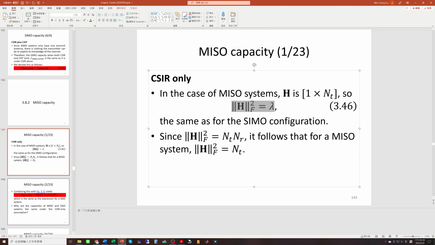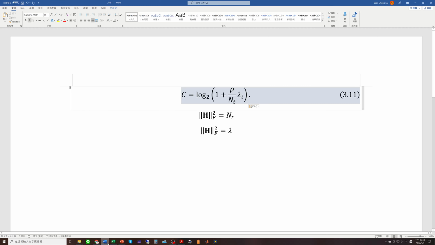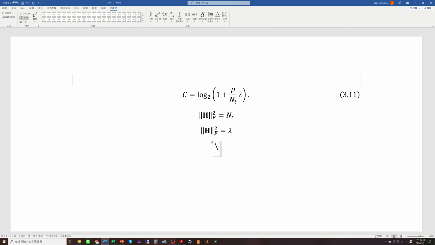Again, because there is only one eigenvalue of H times H Hermitian, you can prove it. So for lambda i, we can drop the subscript i, and the remaining term is lambda. Because NT is equal to the square of the Frobenius norm of H, and lambda is equal to the Frobenius norm of H also, we can know that